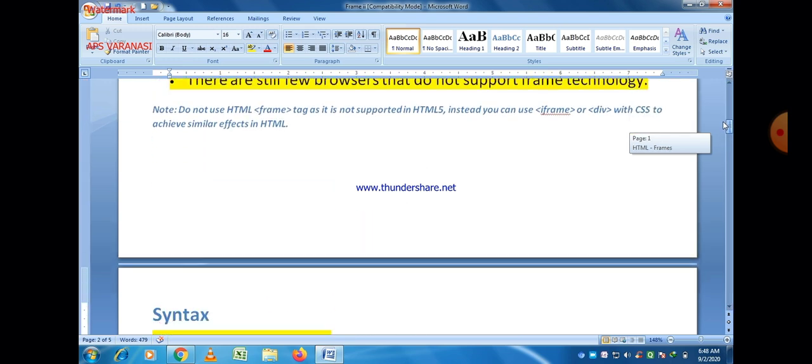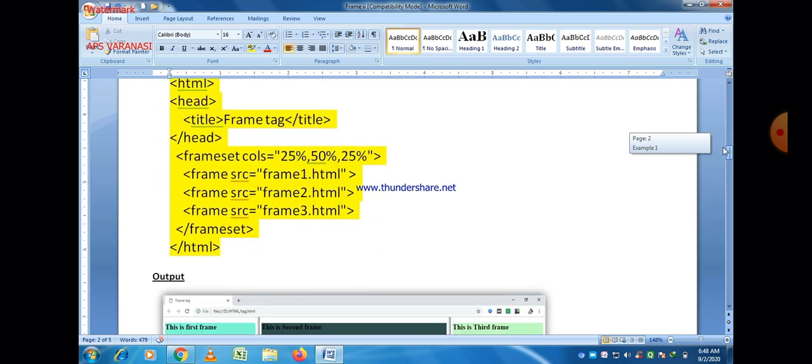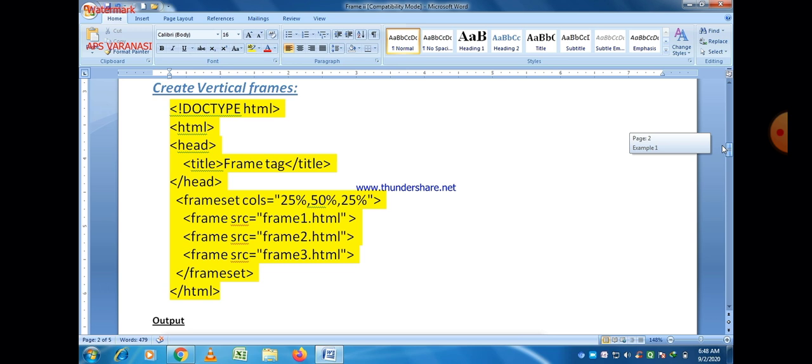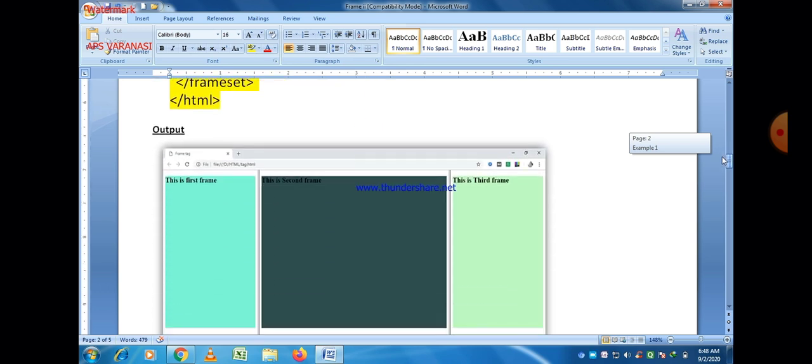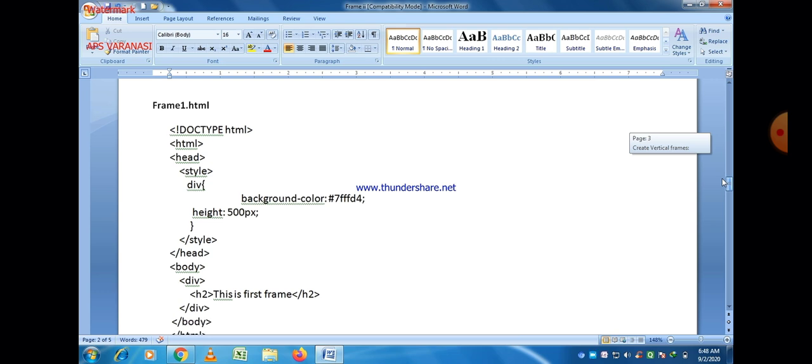You can see the program here. First one is okay, that is HTML frame 1, doctype HTML, and then HTML head.